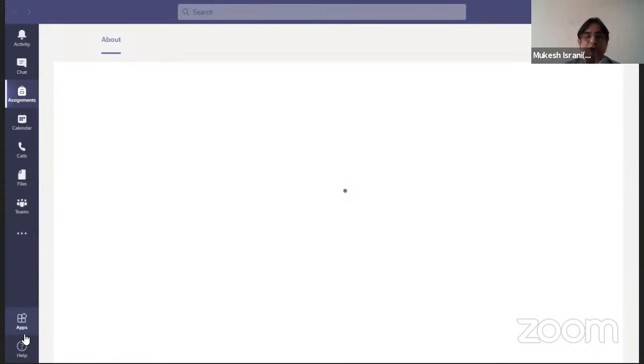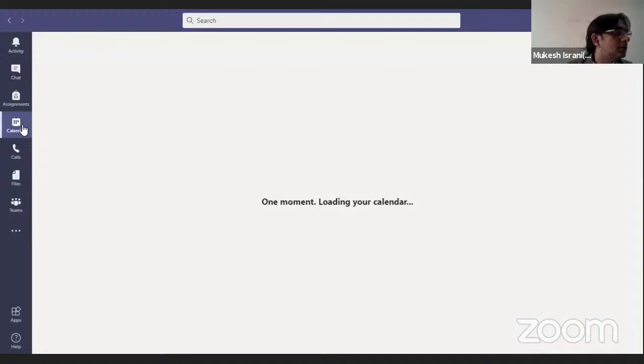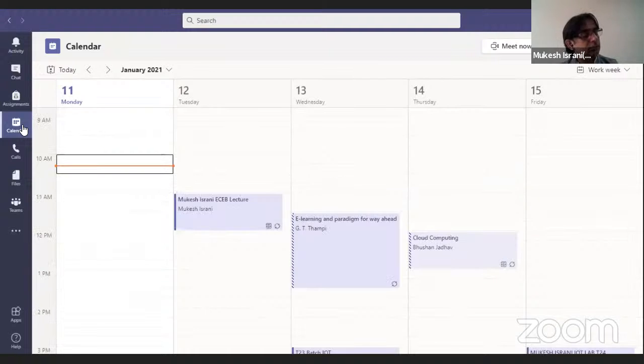We'll be sending you a username and password for Microsoft Teams to log in. It will be basically your name, some numericals, and after that,